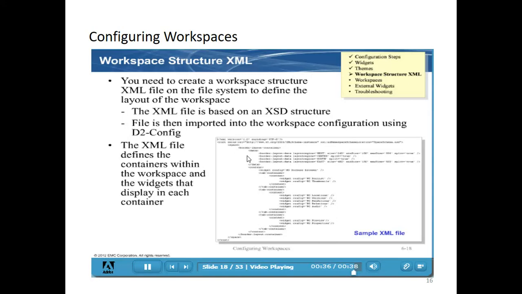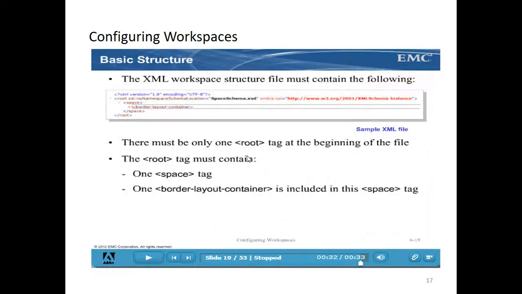What are the things you are going to display in which position? Either east, west, center, south, north. These are all the positions. How you are going to align these 5 positions, and what the minimum, maximum size and fit size of those 5 positions are, we can define here.